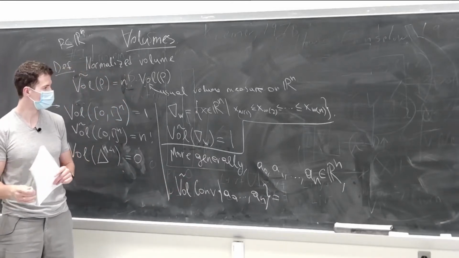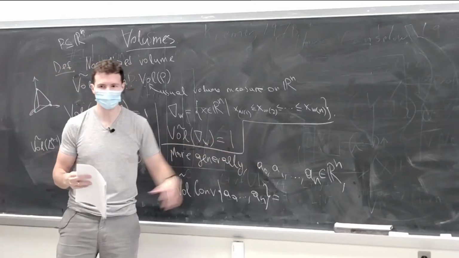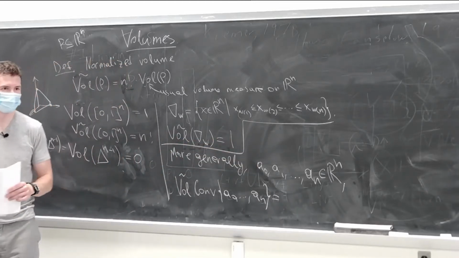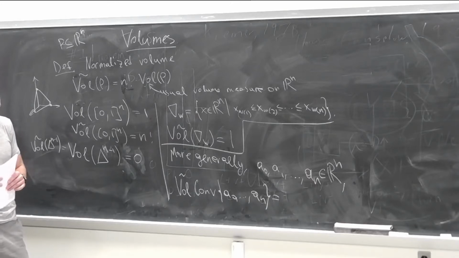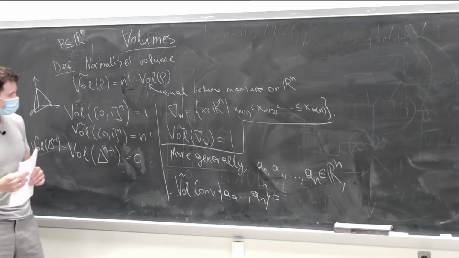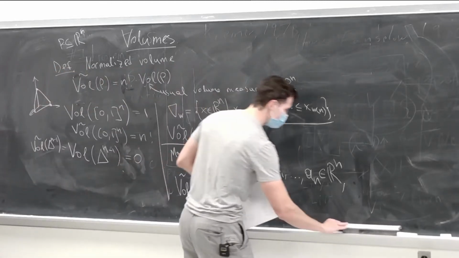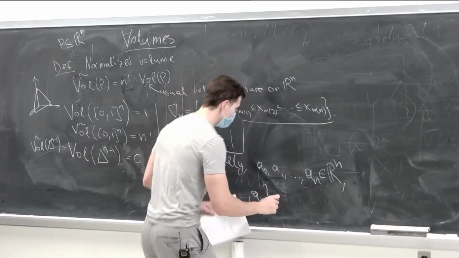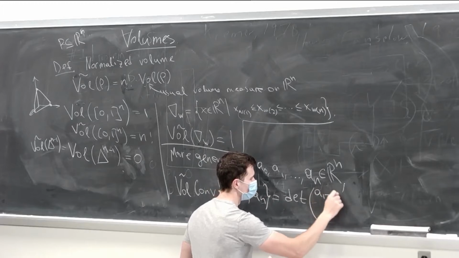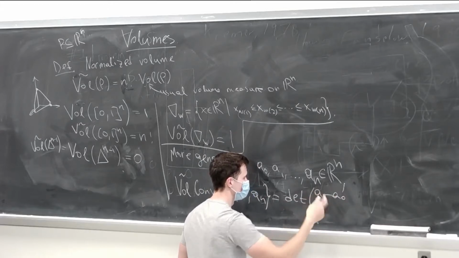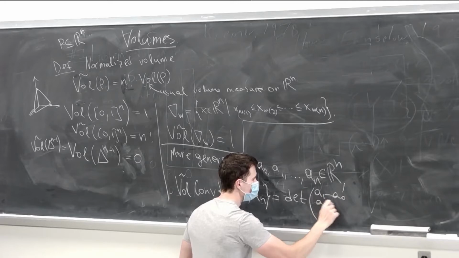How do I find, for arbitrary n plus 1 points, what's the formula for the volume? Yeah, nice. That's exactly right. So you take basically the determinant of the matrix with rows a1 minus a0, a2 minus a0,